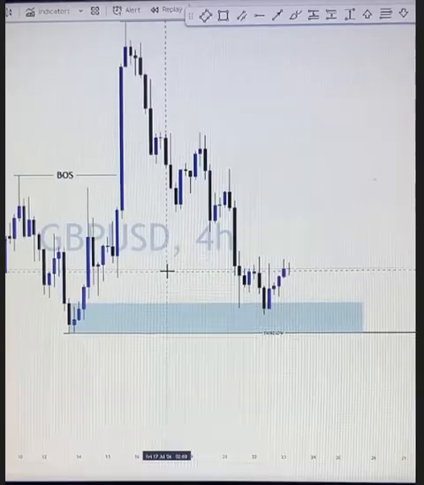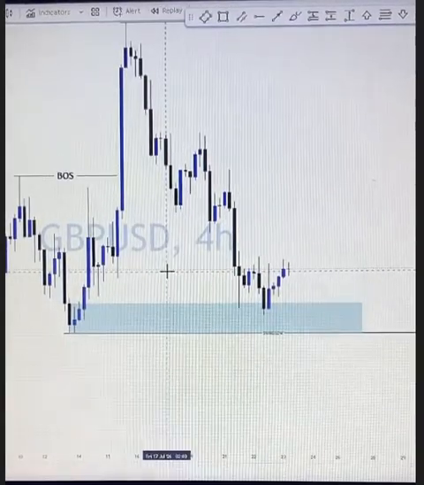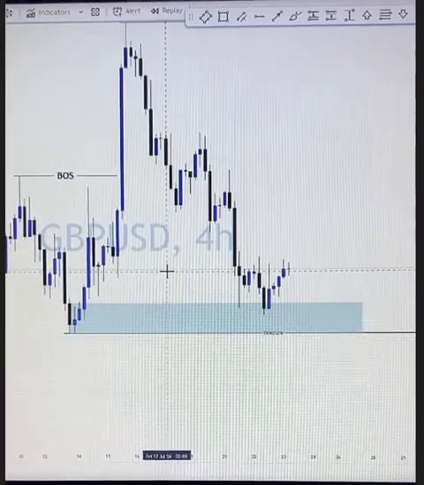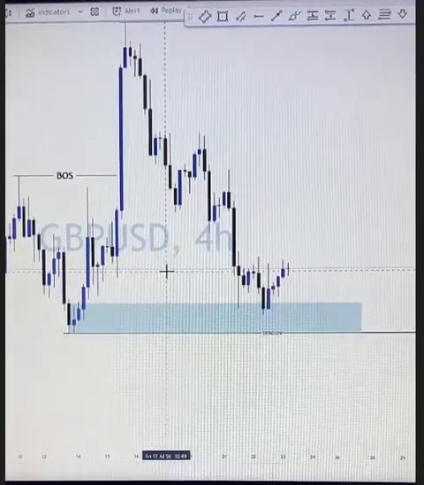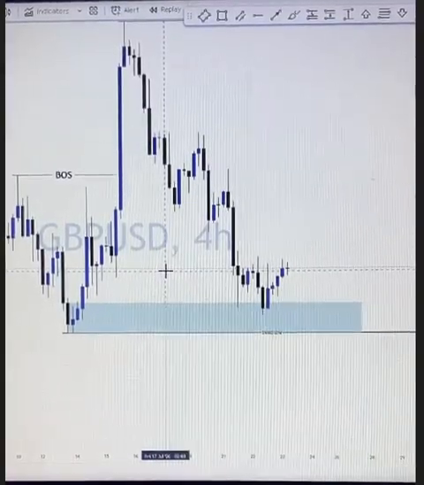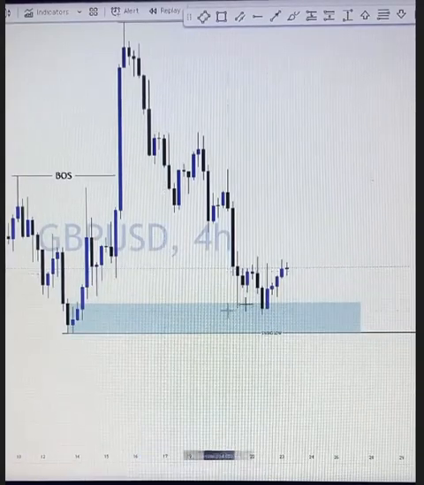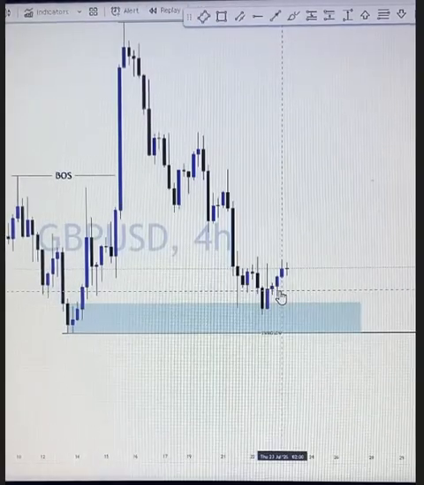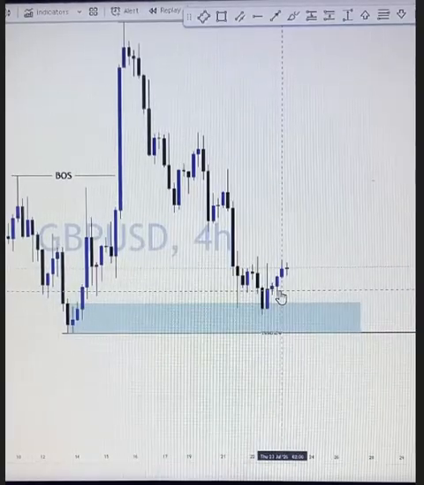All right, quick one, guys. We want to trade this key level, but because price is at a key level does not mean we should just fly in. No, we need a confirmation to trade the key level. What is that confirmation? All right, 15 minutes. Thank you. For us to get a confirmation to buy from this level, we now drop down to 15 minutes. That is what timeframe alignment is called.